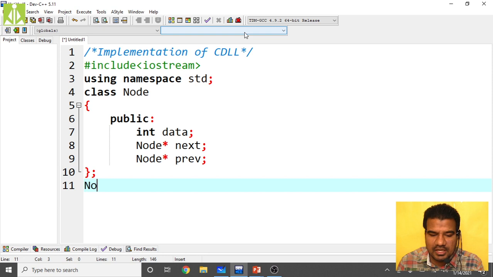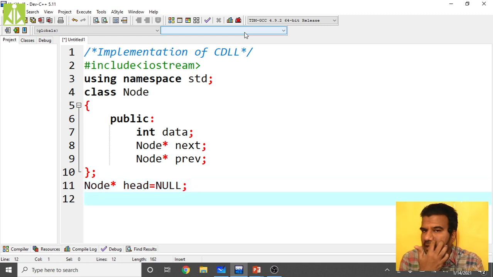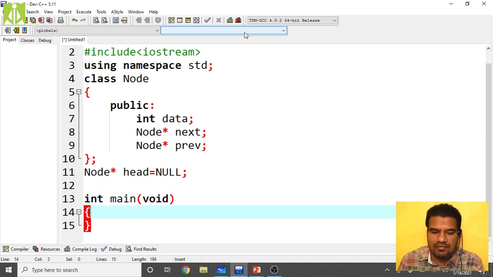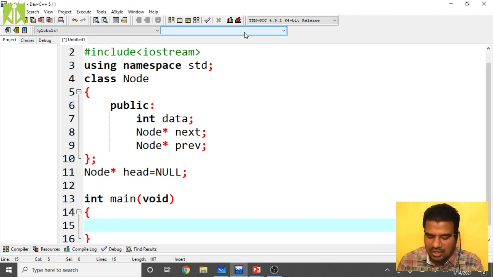So I am taking the head pointer, head equals null. Then we take the main method and create 3 nodes and have the connectivity between them. Int main of void, and I'm creating my 3 nodes.